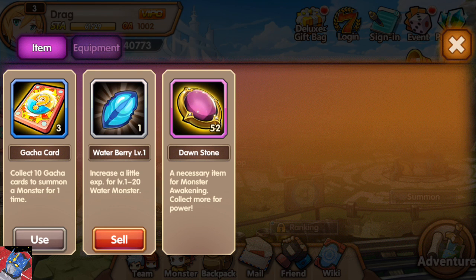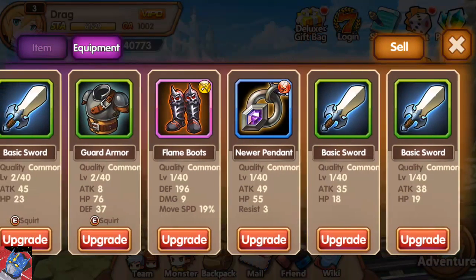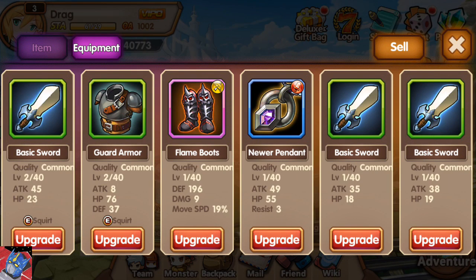Now, as you gain equipment, you can click the equipment tab to see all the equipment that you have. Right now, I only have these 6 pieces of equipment, but it tells me what level each piece of equipment is at, the stats that they give, and what strength level that they're at. Green is the lowest, then it goes blue, purple, orange, gold, and red. I have not encountered a red piece of equipment. However,